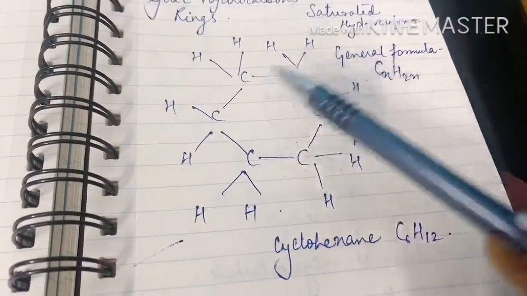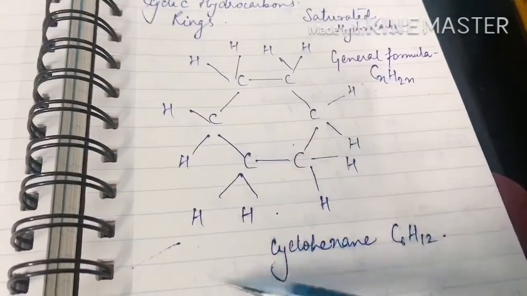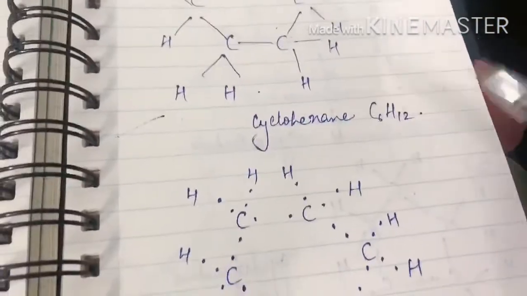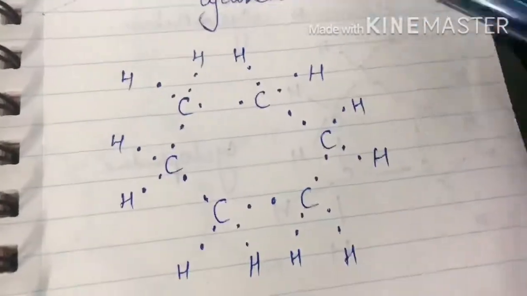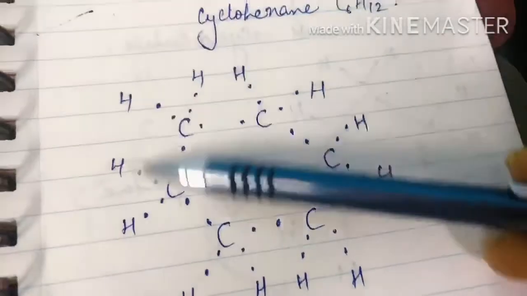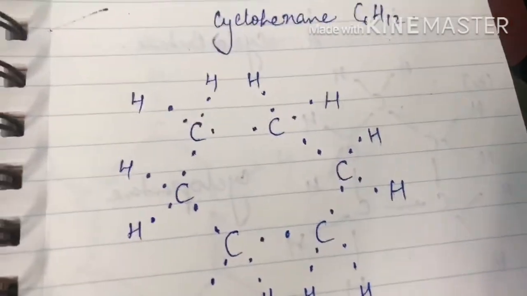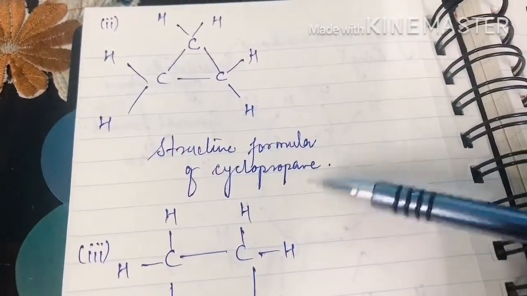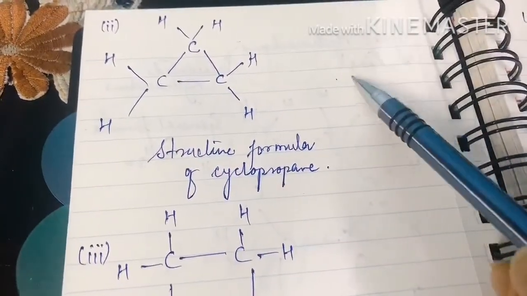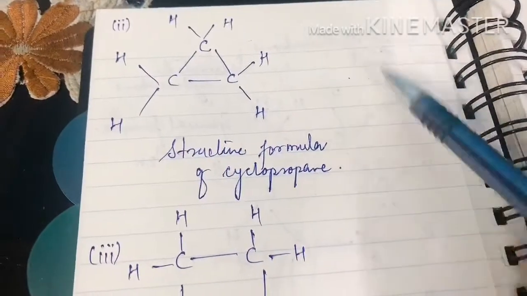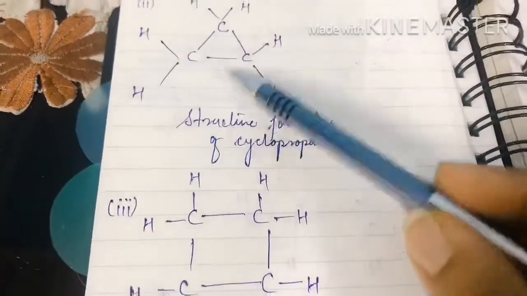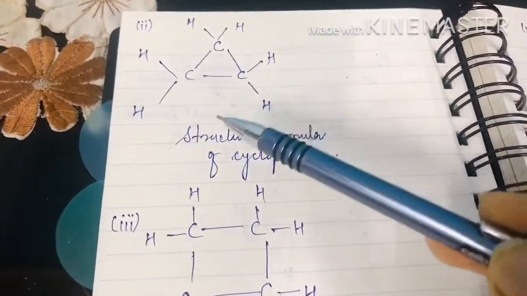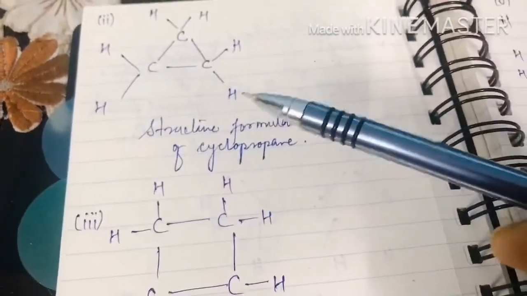We have C6 with covalent bonds, and all these hydrogens are attached with covalent bonds. I have made the electron dot structure, so you need a lot of practice doing it. Next structure, see students, I have made for cyclopropane. I have left this area so you can make the dot structure of cyclopropane. We have 3 carbon atoms associated with 6 hydrogens, attached and forming covalent bonds.